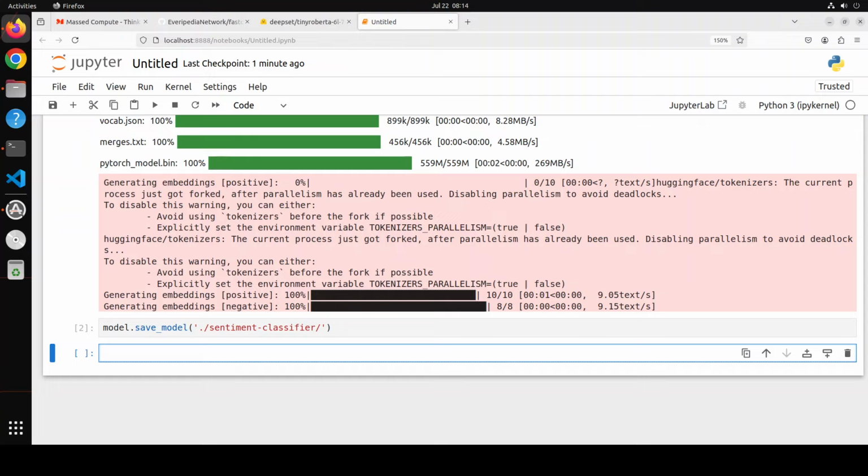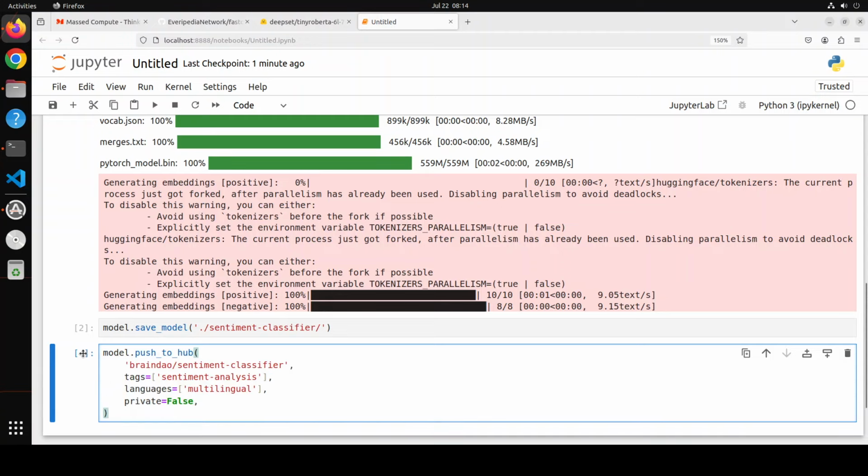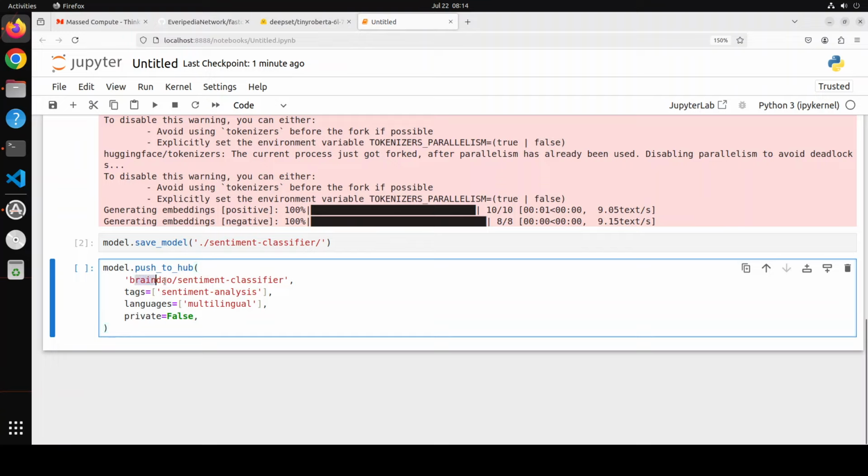If you want to push it to Hugging Face, let me quickly show you the command. It is very simple command. Push to hub, and then you can just give it your directory. For example, this is a creators repo on Hugging Face. If I wanted to do my own, I will just say my repo, and then whatever name I wanted to give, I will give it here, and then you can give it tag and all that stuff. But I'm not going to